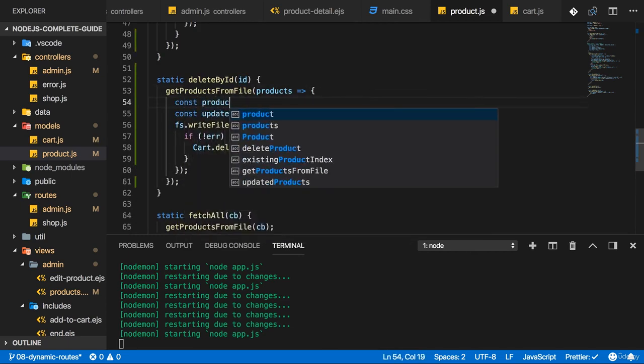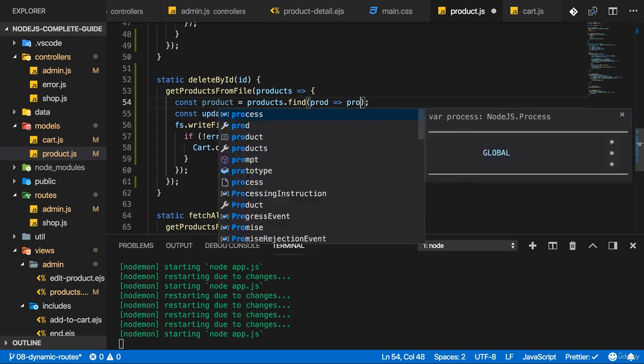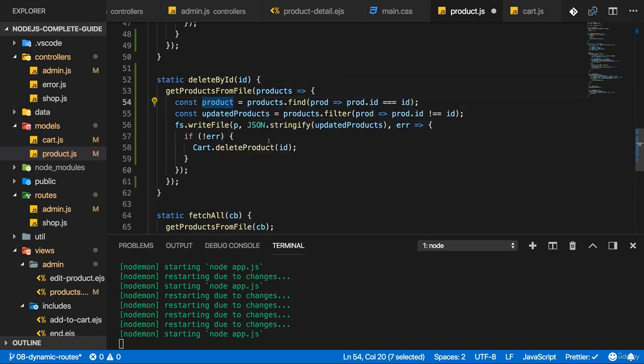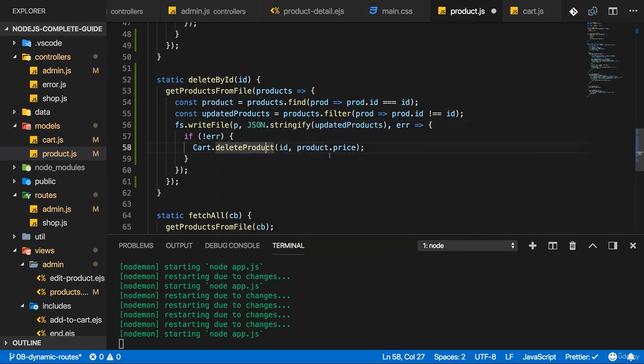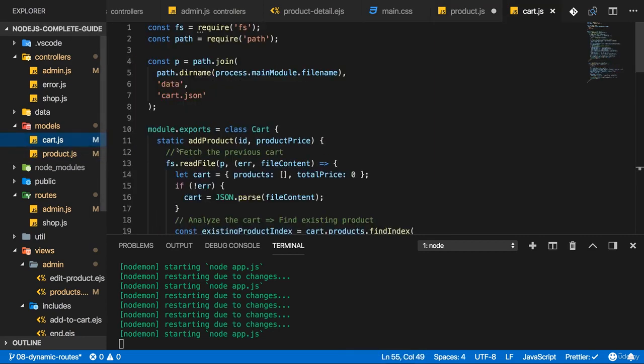So I'll have my product here by searching my products with the find method for the product where the ID matches the ID I tried to delete. So now I've got that product information here, which allows me to pass in the product price to my delete product method. So now we are able, hopefully, to delete a product by its ID and also to then delete it from the cart